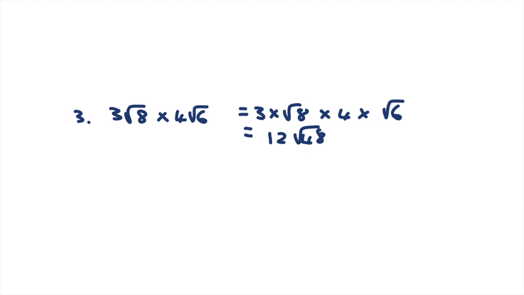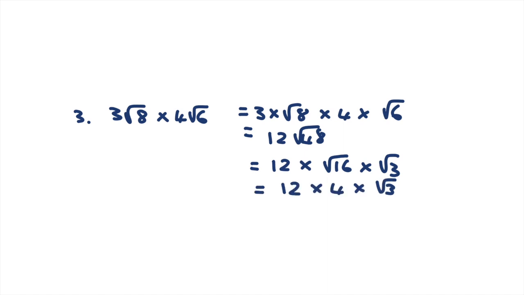Can you think of two numbers that multiply together to give 48, one of which is a perfect square? Root 16 times root 3. Now it's not the only pair. You could have started with 4 and 12 and simplified the 12 further. But we've written 12 times root 16 times root 3. Root 16 is 4, so 12 times 4 times root 3,